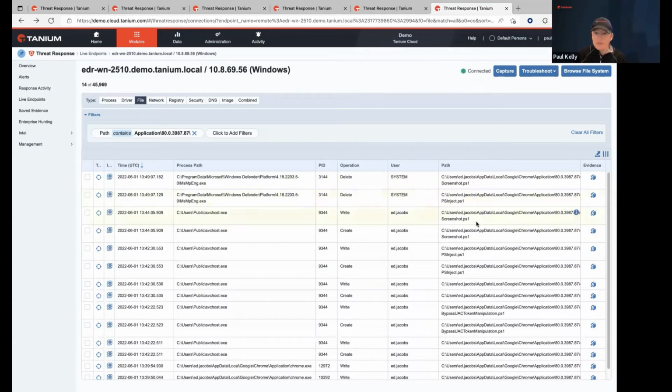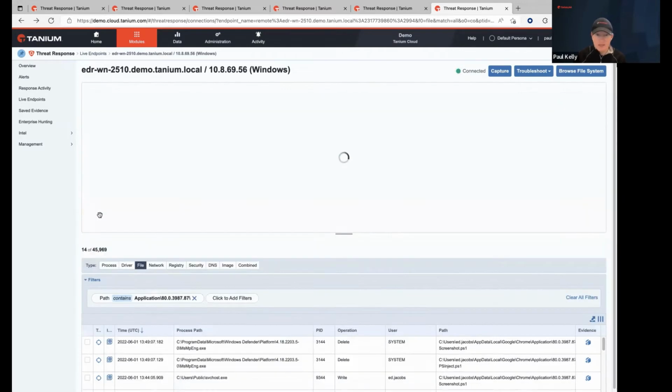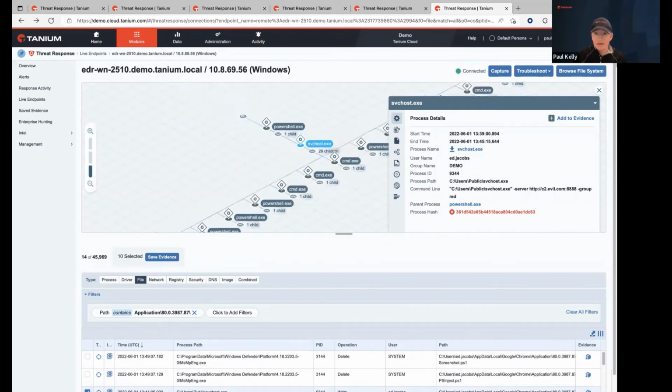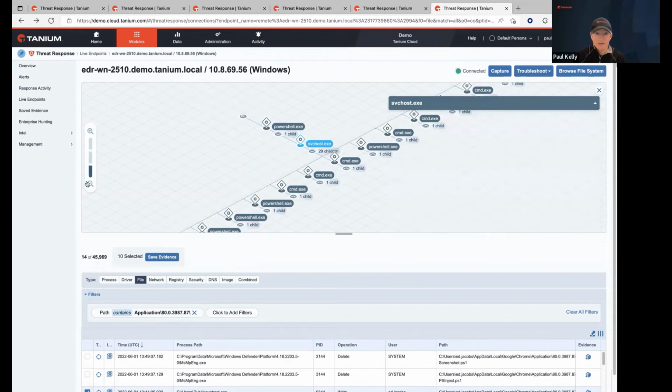So with all of these events, many of these, as previously shown, were already captured and saved as evidence, but you can actually work with the data directly here in threat response. And that's what I wanted to show you here. You can certainly ask enterprise-wide questions, see if it exists anywhere, but let's actually look at the process tree. Let's look at how this ended up on the host. So I'm going to zoom out here, and I'm going to minimize this because this was a lot of activity here.